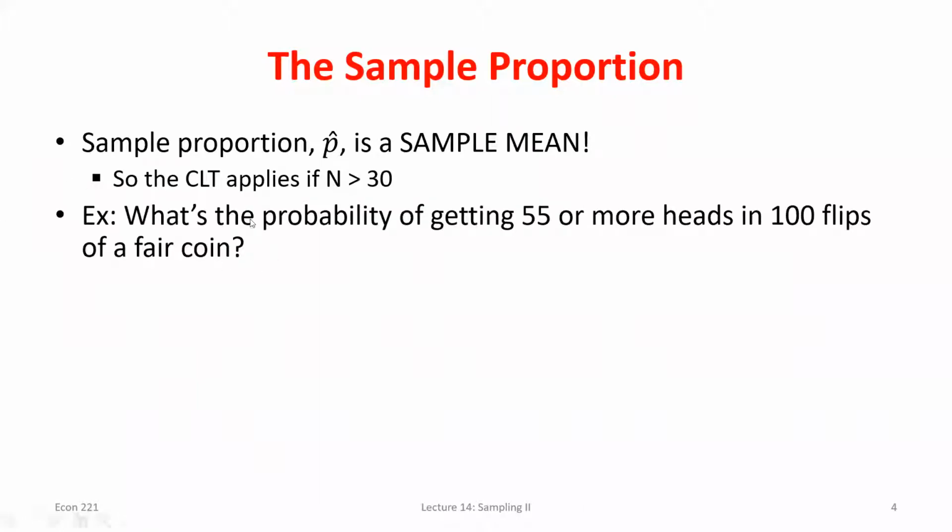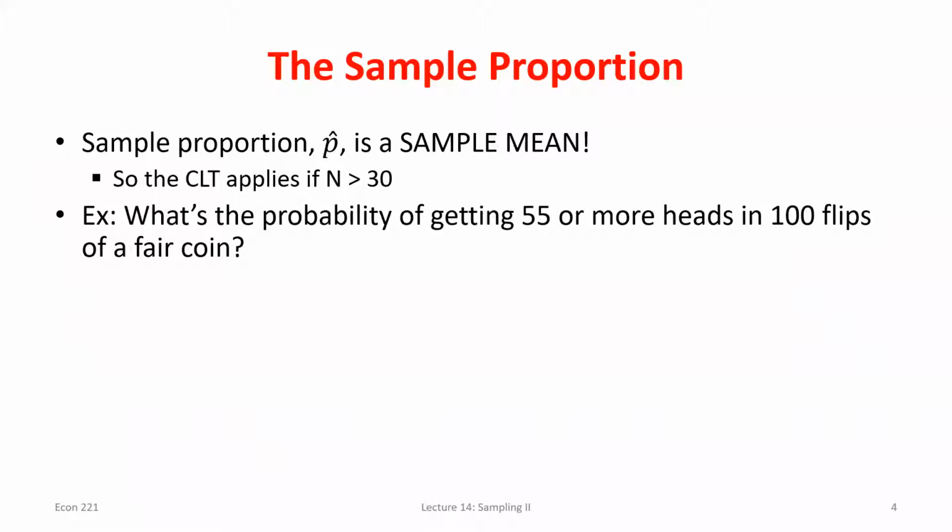One thing to remember, we also still have to make sure the central limit theorem holds. I still need a number of observations over 30. So maybe the setup is, what's the probability that if I flip a coin 100 times, 55 or more of them come up heads? The sample proportion, or the cutoff value I'm interested in, would be what in this problem?